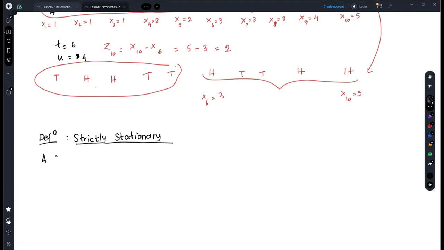So we say a stochastic process is said to be strictly stationary if the joint distribution